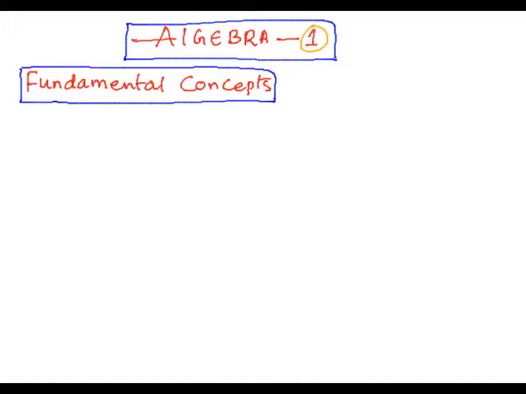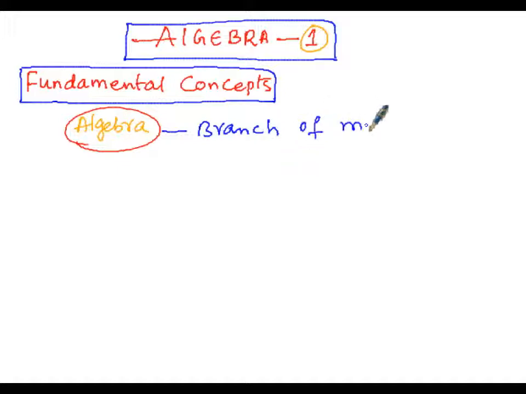under these fundamental concepts, before going to the fundamental concepts, let's know about what algebra is. This word called algebra is a branch of mathematics where arithmetic process is done by the letters small a, small b, small c, and p, q, r, along with the numbers. So here it is the branch of mathematics.